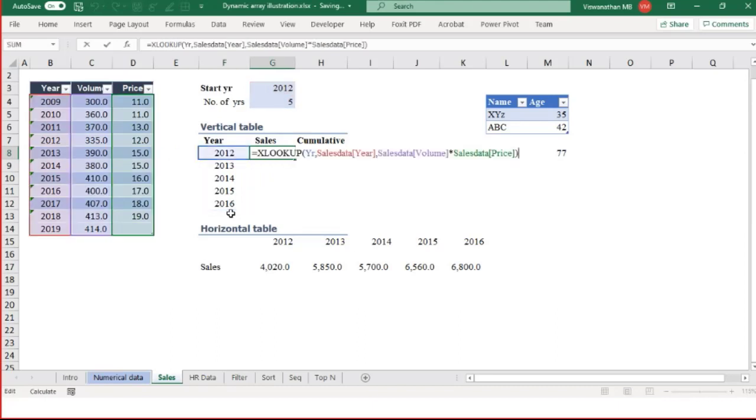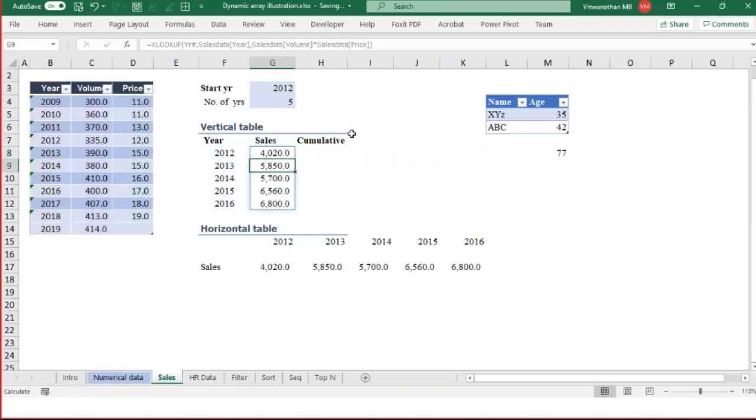So now in XLOOKUP, I can start with XLOOKUP, followed with the year. Then I specify that I'm not referring to the current cell called year. I'm referring to a spilled range starting at this current cell, year. And how do you specify that? Put a hash. Once you specify that, you just press enter. You notice that you've automatically got the entire range of data.